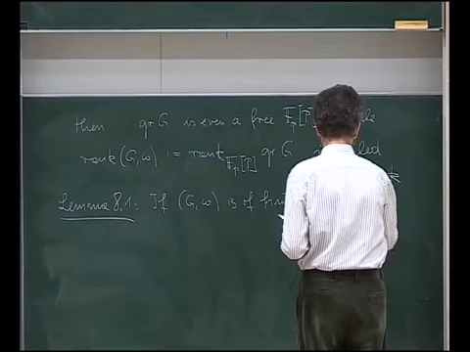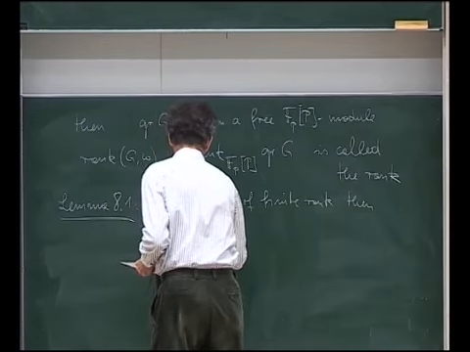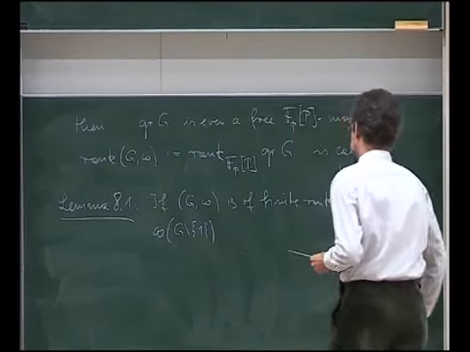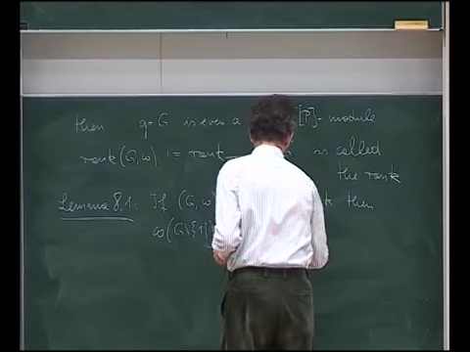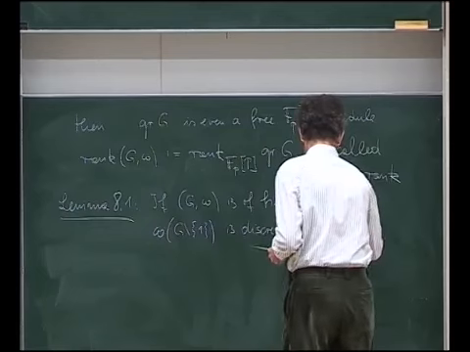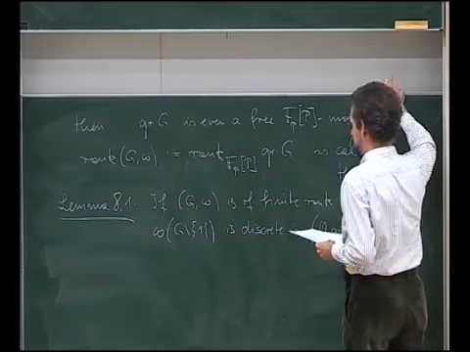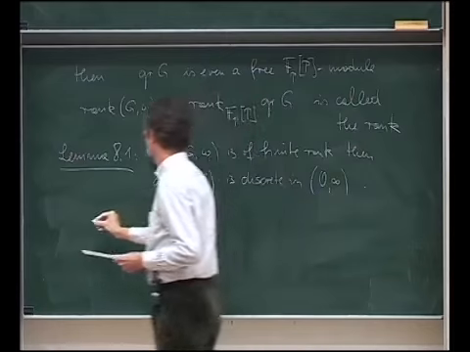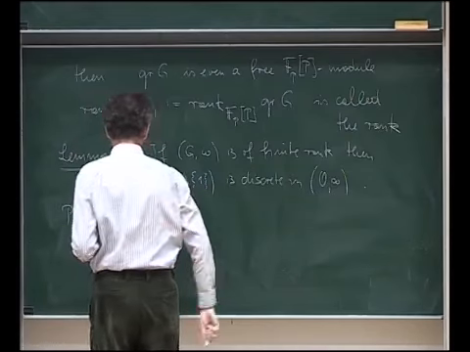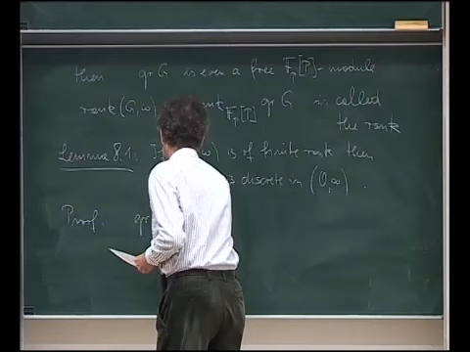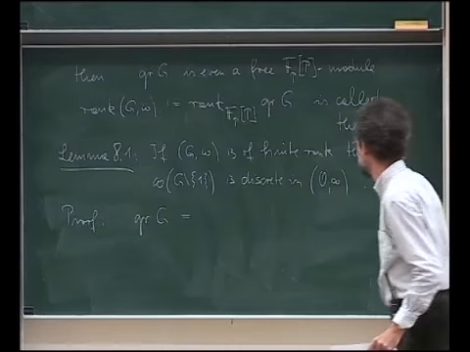So if G, omega is of finite rank, then the set of values of omega is discrete, a discrete subset of the real line. And so for this, look at